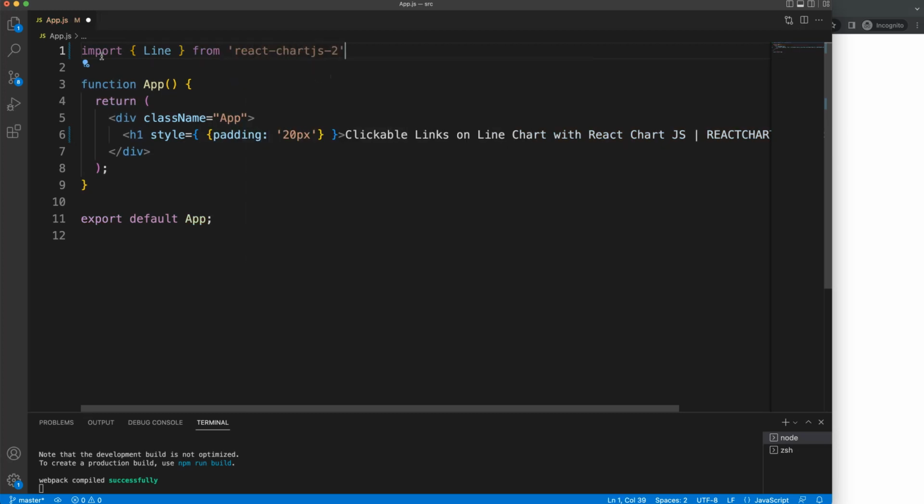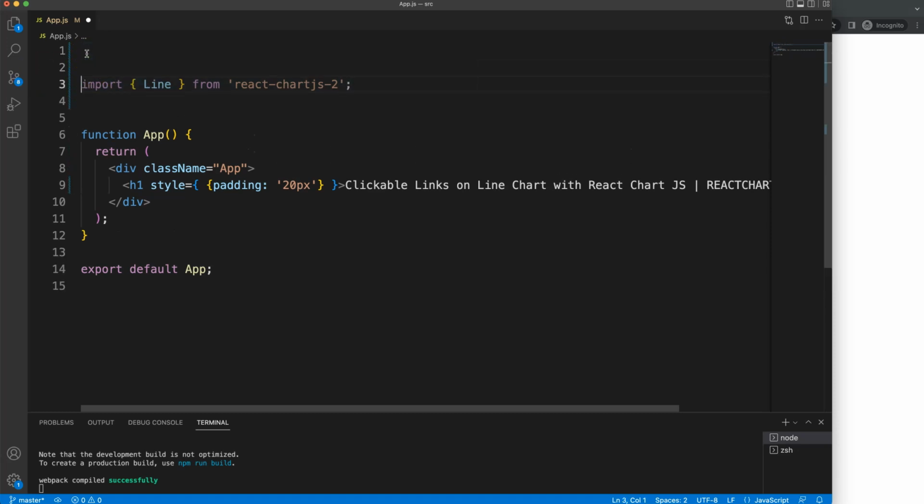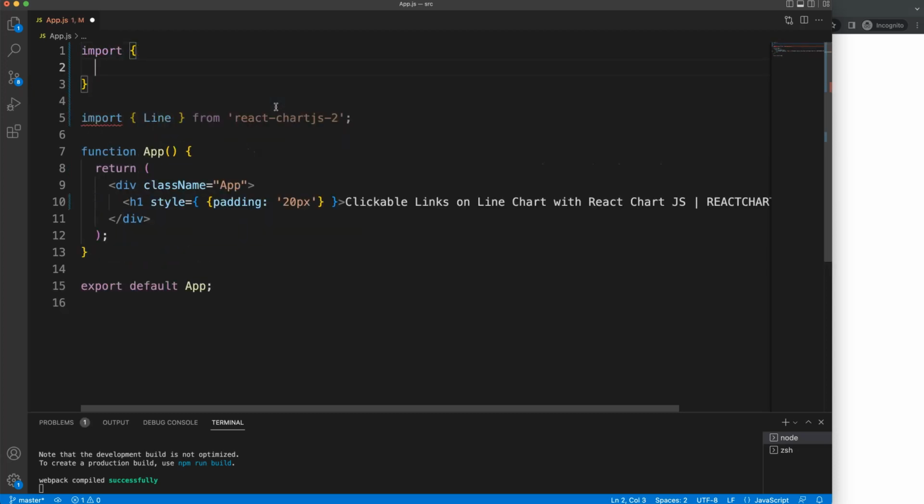So I'm going to import the line component from react-chartjs-2. So that's the first one that we need, or well, one of them. But I should have here above, of course, the entire Chart.js library component and everything that's related to the line chart. So we want to create a line chart with this specific component. However, we need to import specific items. We're going to say Chart as